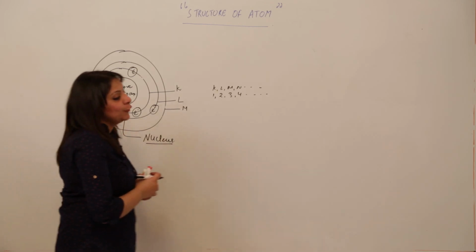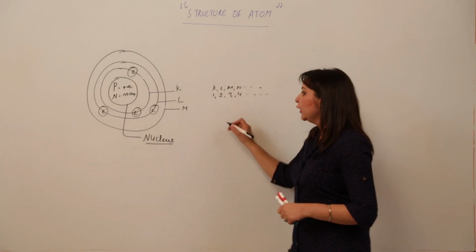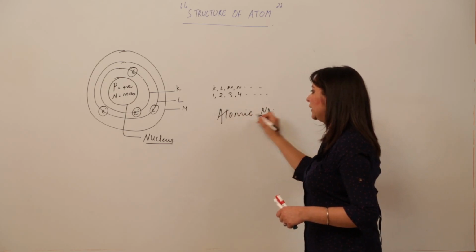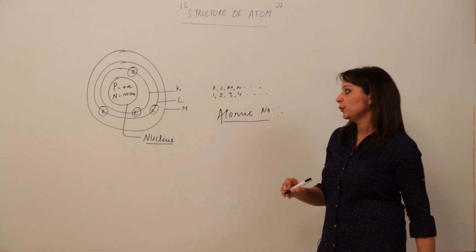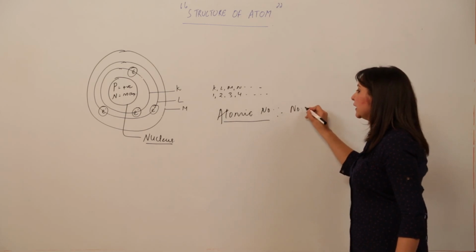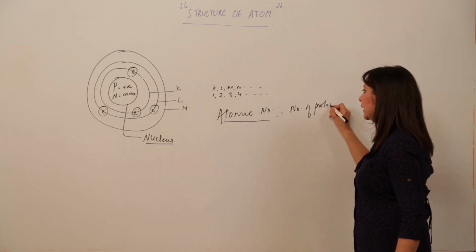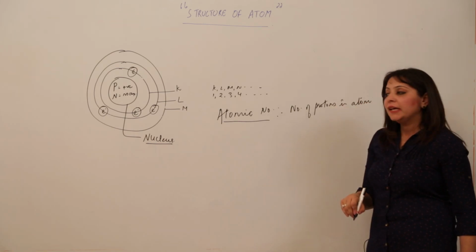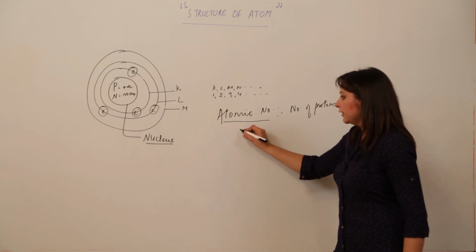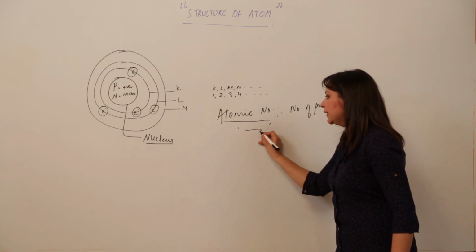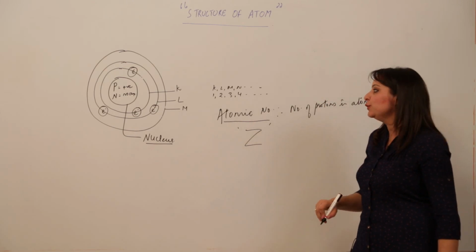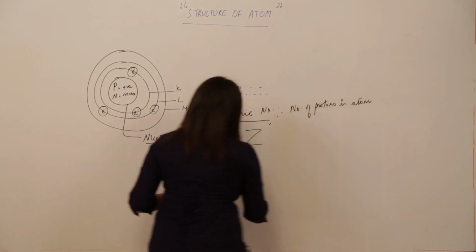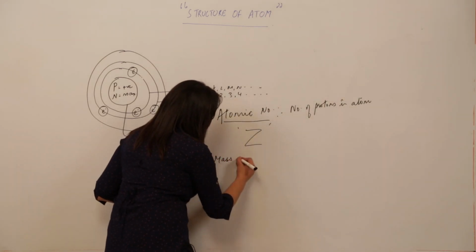Now the term which we derive from this Bohr model is atomic number. Now the question comes to mind, what is this atomic number? Atomic number specifies the number of protons in an atom. So it is represented by the symbol Z. The general symbol used to represent atomic number is Z, and the other thing which is used to denote the